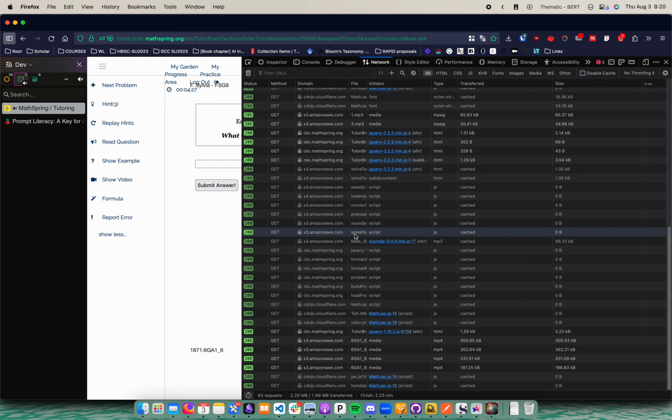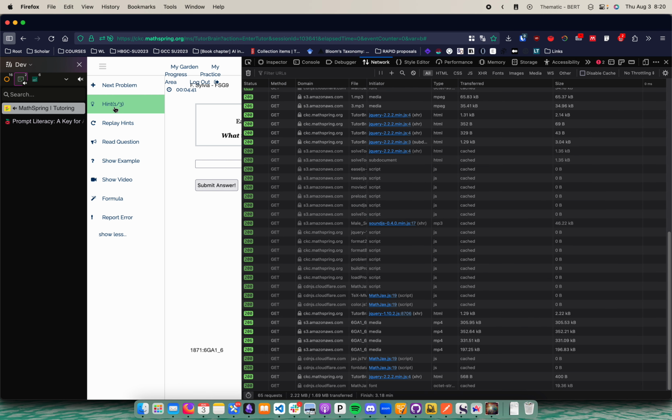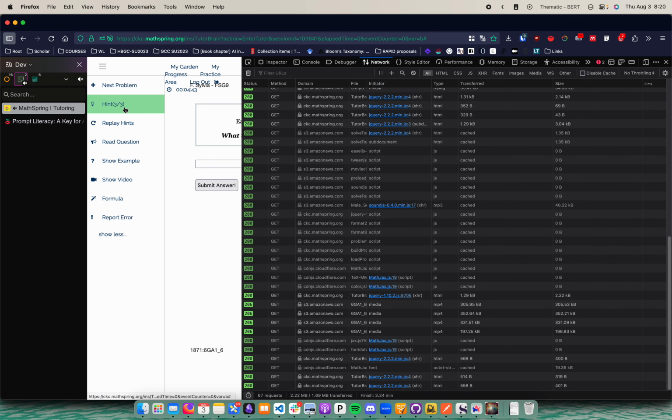So now that I'm on this page, I'm more interested in expanding all 3 hints because I want to send as many connection requests and fill this up as much as possible. So that's one connection request, another hint, and I've seen all hints. So now essentially this problem has been completely viewed, which means that my new JSON file can be accessed by clicking on the